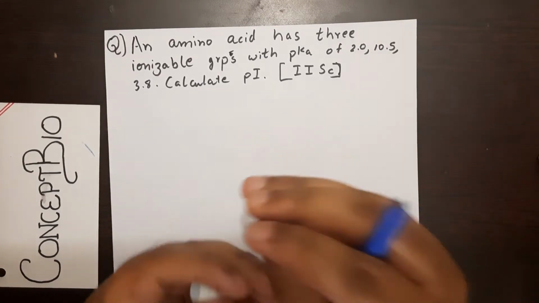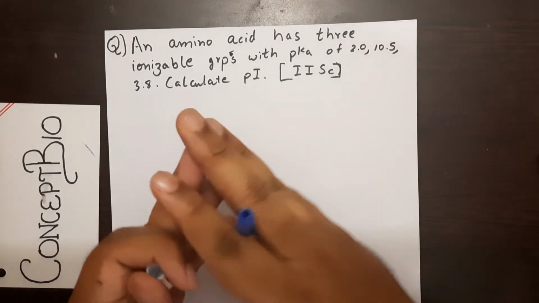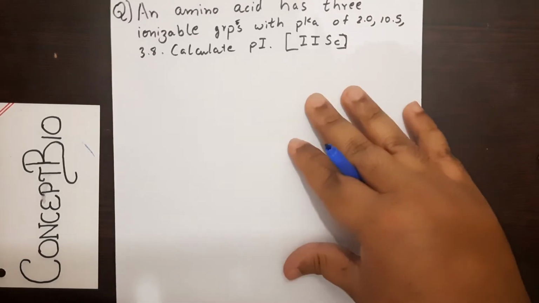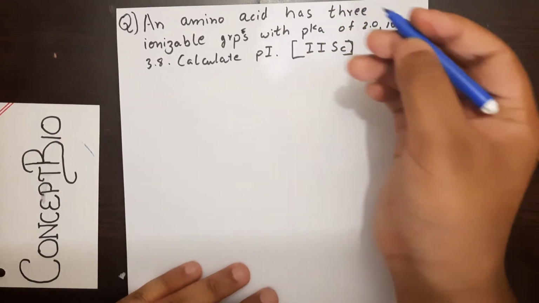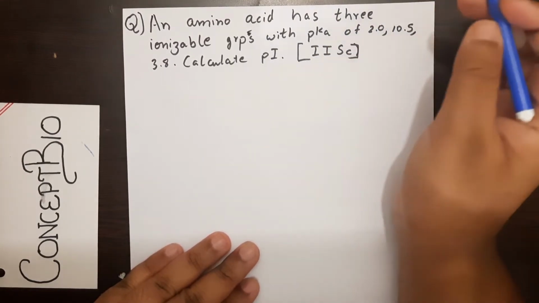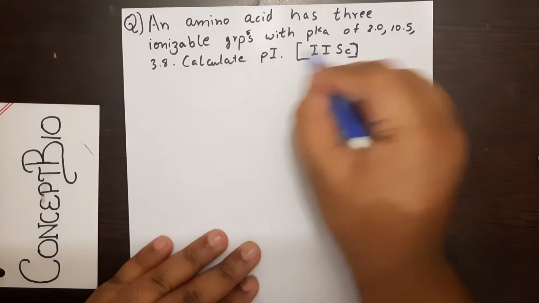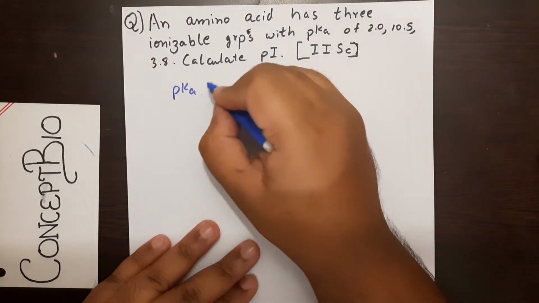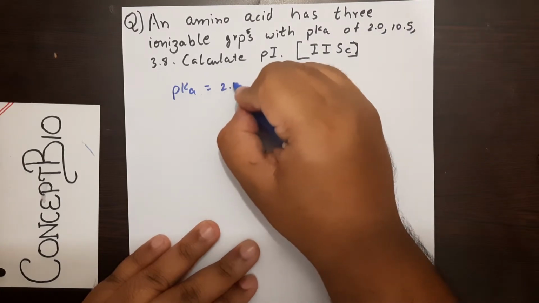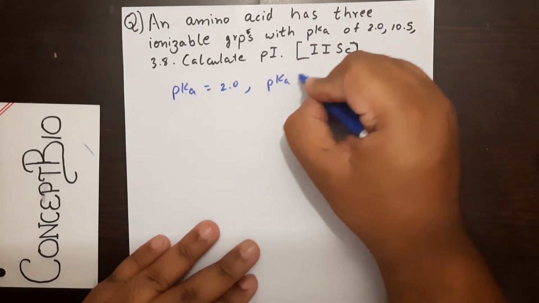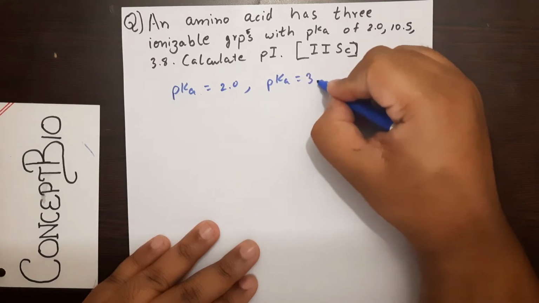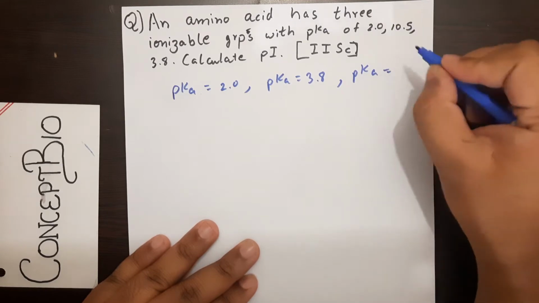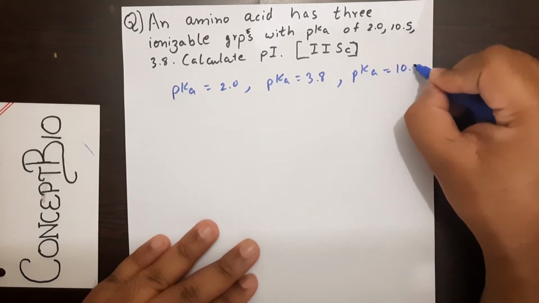So now we have to have some basics on isoelectric point. You can learn from my previous videos over here. I hope you have the basic understanding, and let's get into the question. It is best practice to write all the pK values in order. So now we'll just write pKa. I don't know if it's 1 or 2. I'll just write pKa1 will be 2.0. Another pK value will be 3.8 in ascending order. And pKa, some random one, would be 10.5.